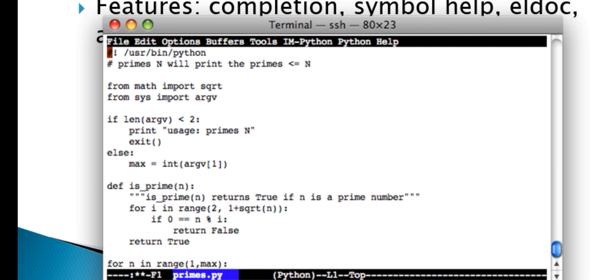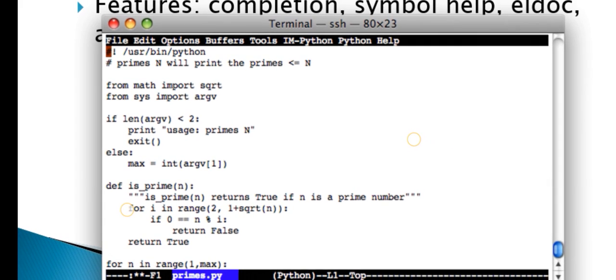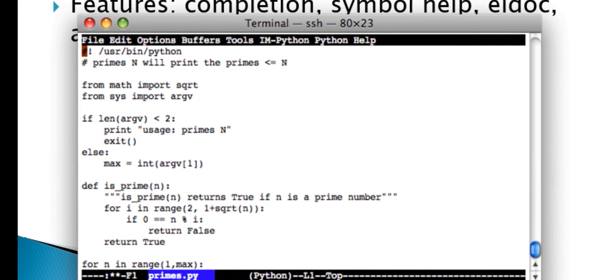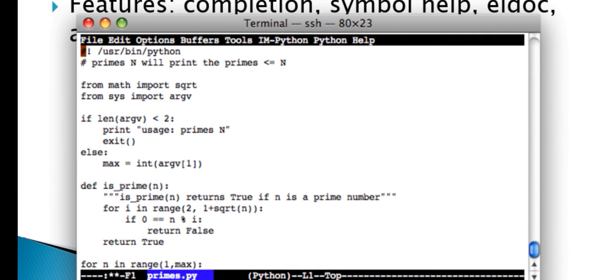From math import sqrt. Here import sqrt from sys, that means system, import argv, and if len of argv is less than 2. So you can watch on my screen.